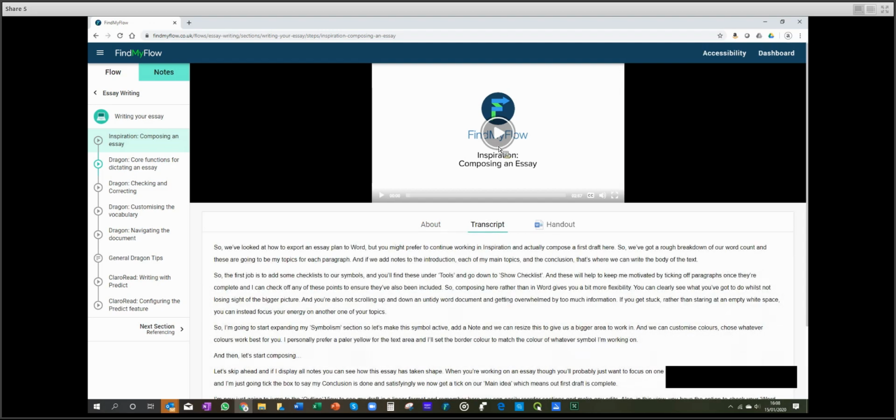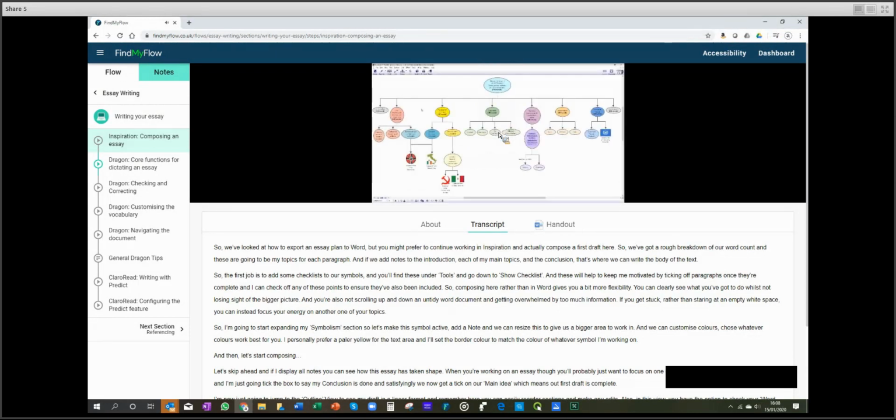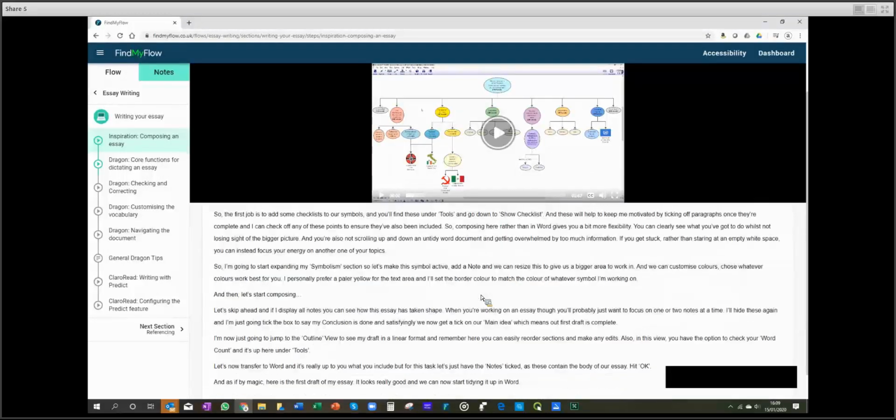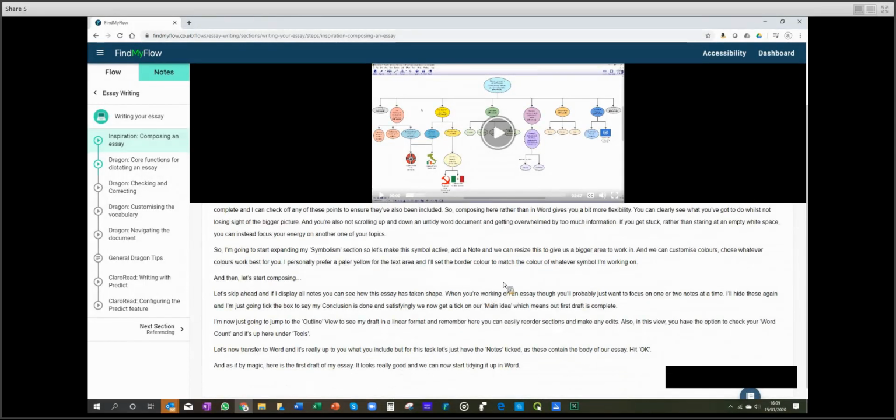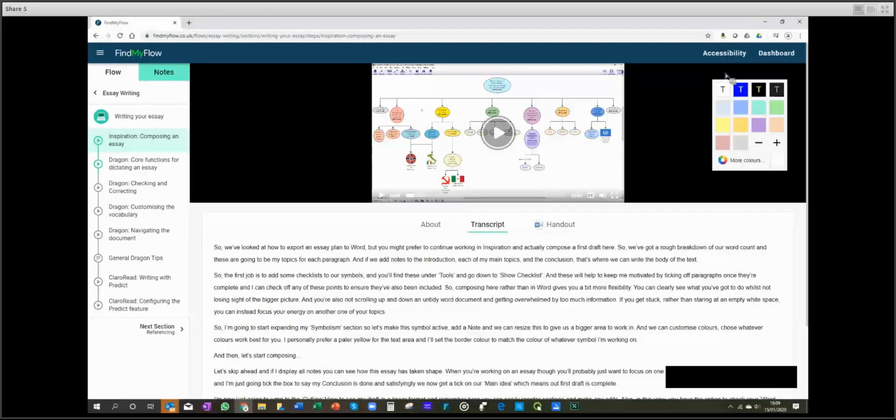We've got the transcript. So if we go in at the top, I don't know whether you'll be able to hear the audio. So basically what we've got at the top there is the video moving you through a demonstration of the software and the tips and tricks for using that. And below we've got the transcript, which you can use, with the accessibility features, for anybody with visual impairment or need